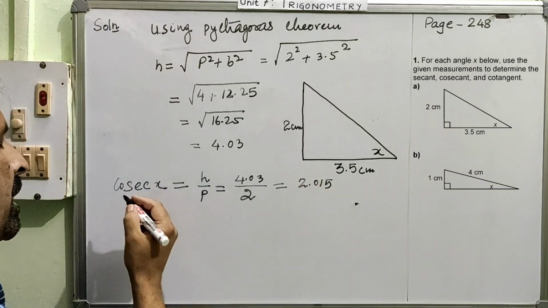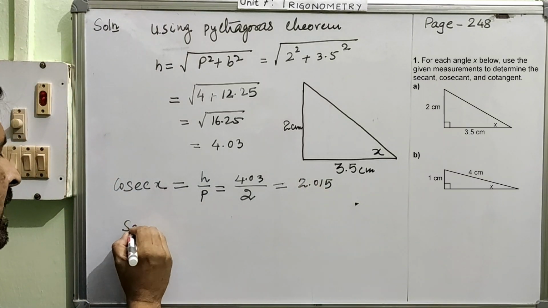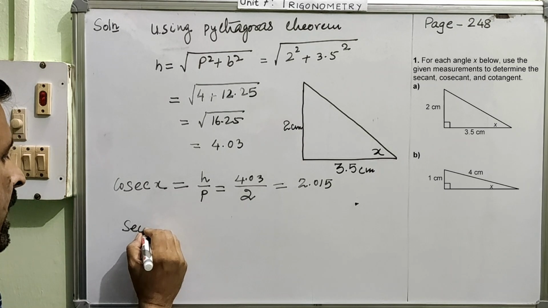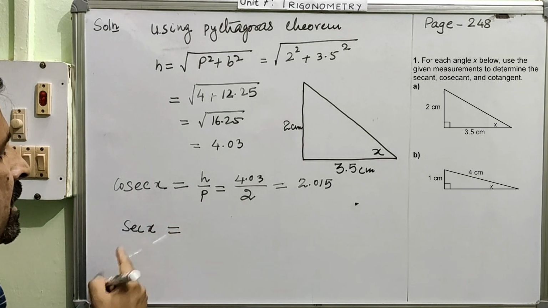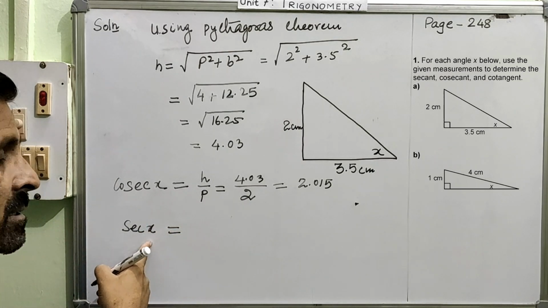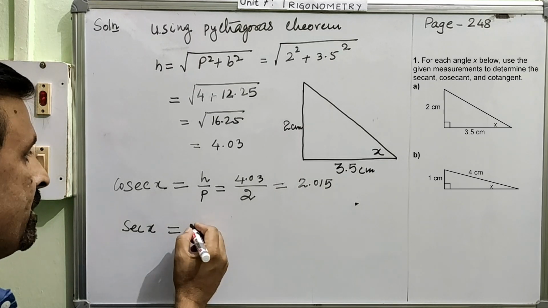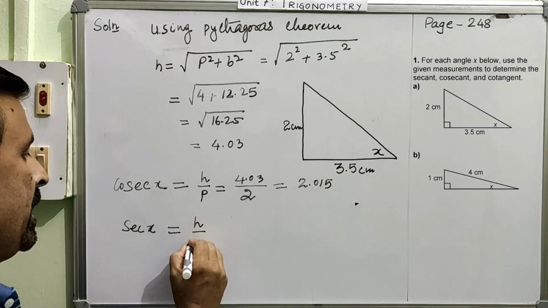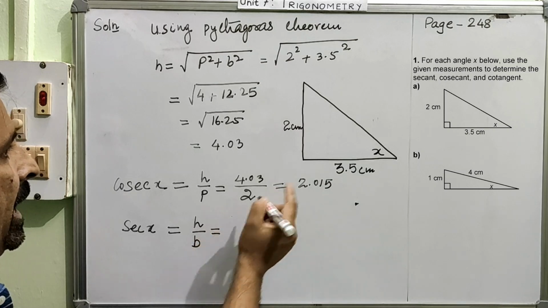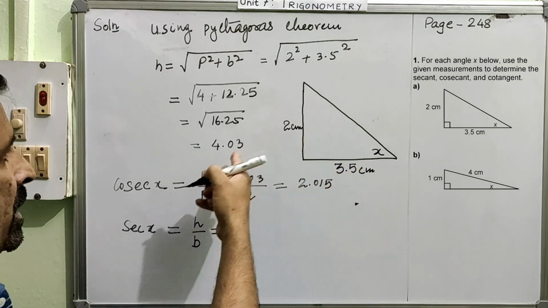Hope I am clear. Next one we will find out is sec x. Sec x is the reciprocal of cos, and cos ratio is b over h. That means this will be h over b. And here the h is calculated